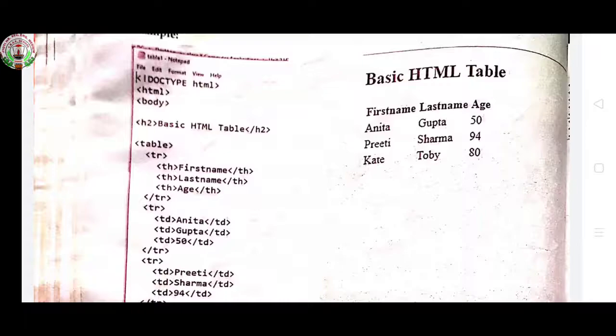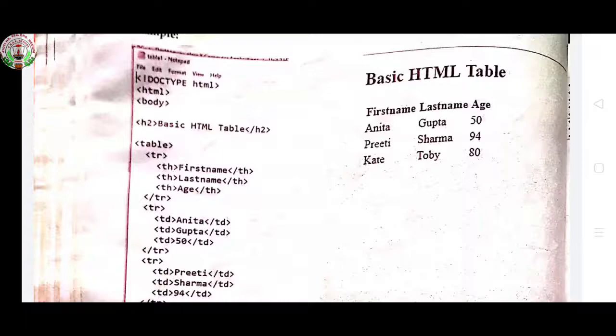Then I want to enter a record, so again I will take tr. Second row, table row. Now I am entering table data, so I will take td. In place of th you write td Anita /td, then td Gupta, close it, td 50, close it and close tr. The second row is completed.